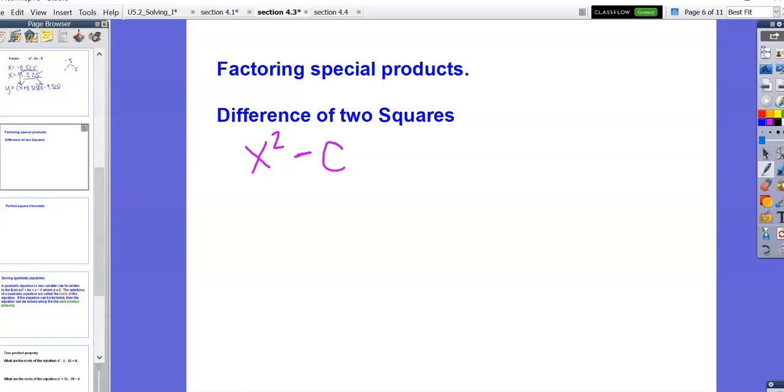So it looks kind of weird when you write it in algebra, but basically, and sorry, c would have to be a perfect square. So the way you would rewrite this would be x plus c, and then x minus c. And like I was saying, it looks kind of scary when you write it in algebra, but that would be something like